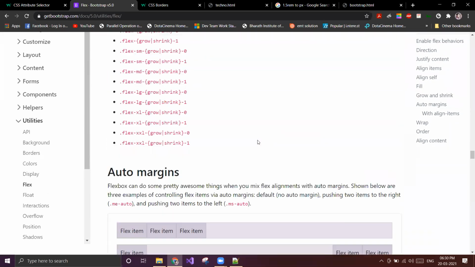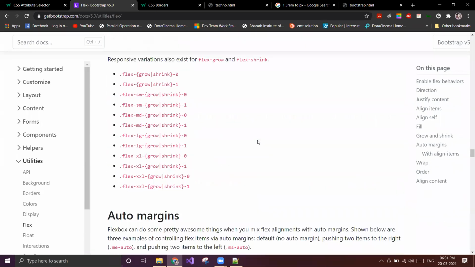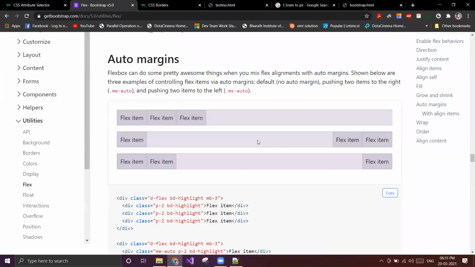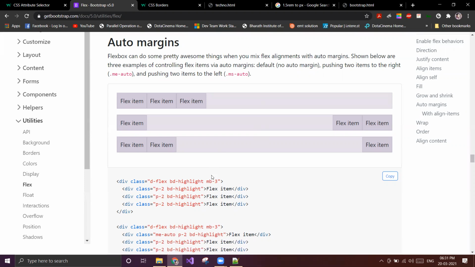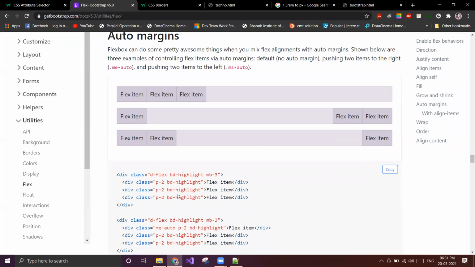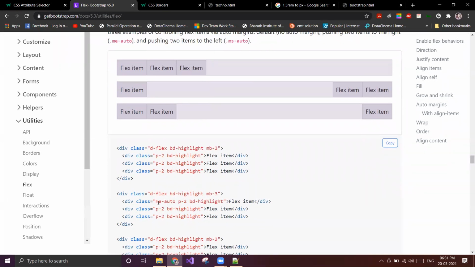Okay, then we have the auto margin. What we do, to the parent we apply display flex, and then to the child which we want to put in the end or start, we apply margin left auto, margin right auto, right? So here, to the child, we are applying me-auto.